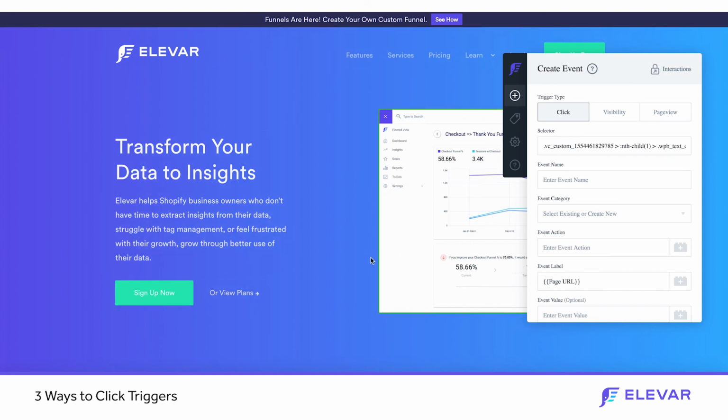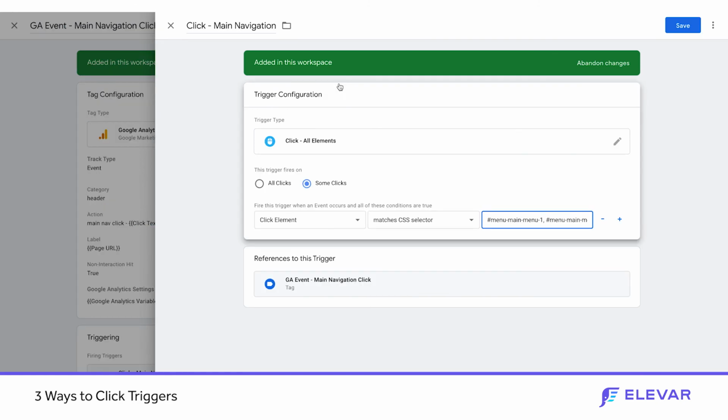If you just watch the selector, anywhere I click, it's automatically grabbing that selector for us. So in this case, we'll go back to the menu. I have my selector here. Going into Google Tag Manager, we have our trigger with our click element, again, matches CSS selector, and then we have our main menu 1. So this event is created and saved, and now